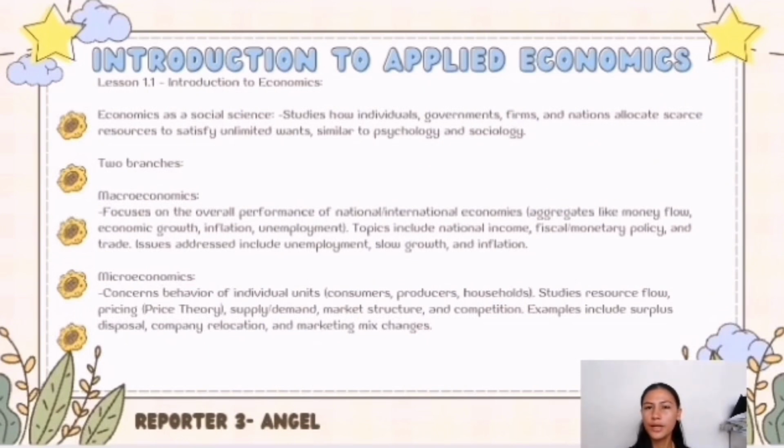Microeconomics concerns the behavior of individual units like consumers, producers, or households. It studies resource flow, pricing, price theory, supply and demand, market structure, and competition. Examples include surplus disposal, company relocation, and marketing mix changes. So microeconomics is the opposite of macroeconomics, because microeconomics